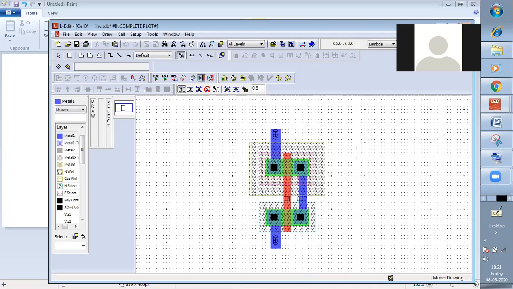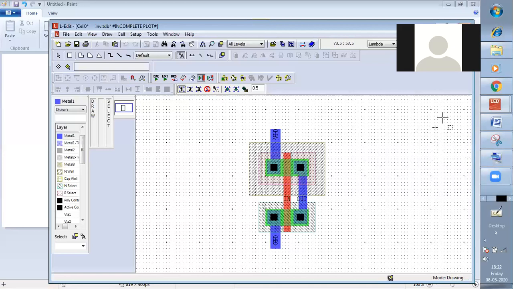Yes, sir. There is a problem in the software, because of it we are not continuing on the T-Spice. After this, the T-Spice will be generated. That is, whatever layout is there, that transistor circuitry will be converted into the netlist of the T-Spice. And then we use the commands, 5 commands for dot tran, and VDD we define, input we define, and we get the output. We do the transient analysis, right?